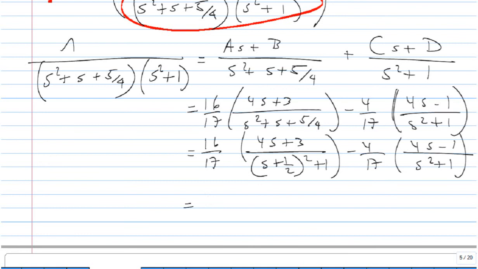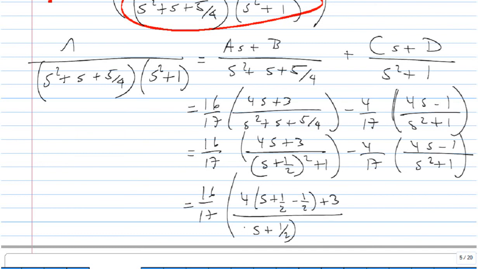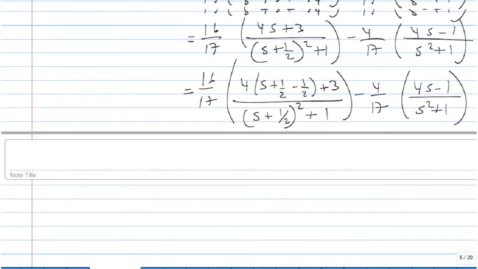So this gives me 16 over 17 times, and now, in order to use the shift formula, the one that we used before, instead of s I need to have s plus 1/2. So for that, we're going to do 4 times s plus 1/2 minus 1/2 plus 3. This is the trick. If you need a term that you don't have, you just do plus minus. And then 4s minus 1 over s squared plus 1 here. So again, continuing with the algebra, I will get equal